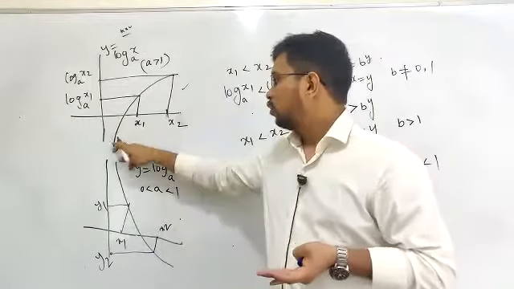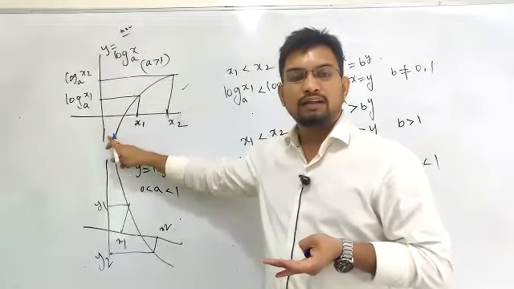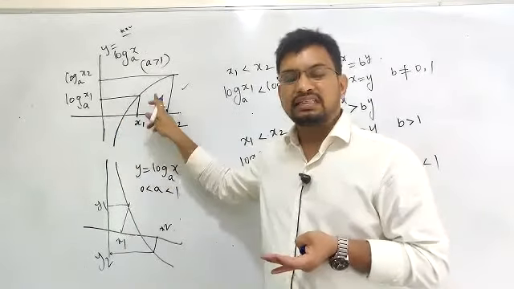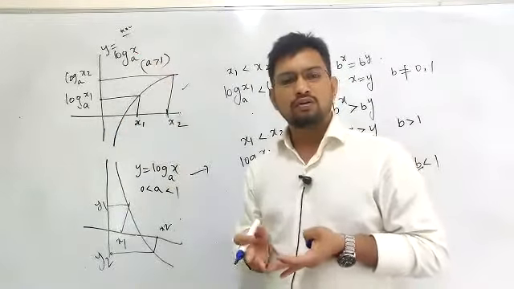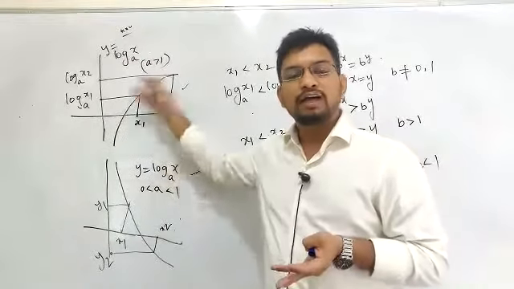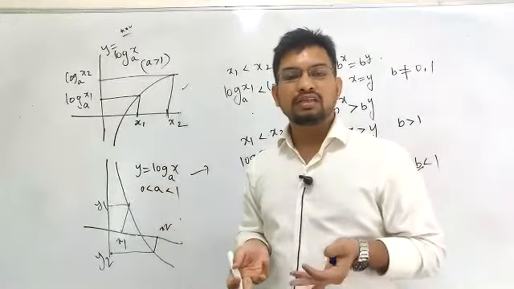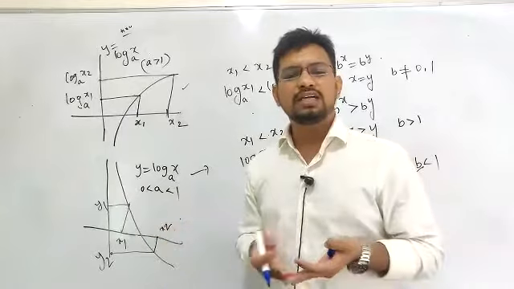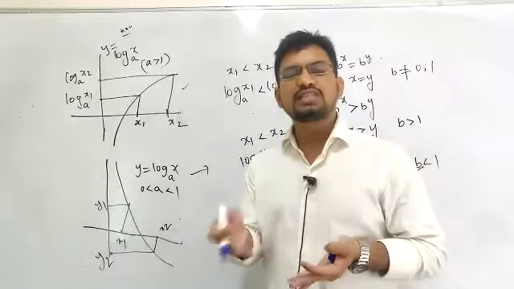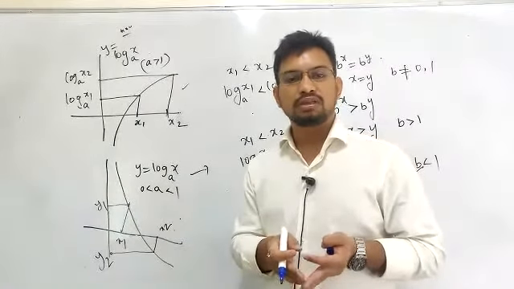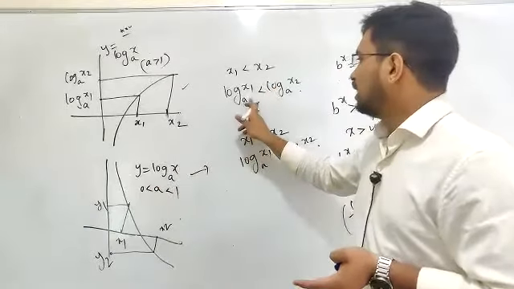Because at one x value there is only one y value, and for the next x value there will be another y value. This y value will not repeat for another x. That is the property of a strictly increasing function. If x is changed, y will change; if x is increased, y will be increased, directly proportional. So now we'll try to reverse this.